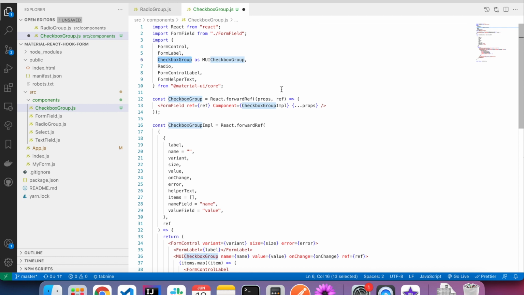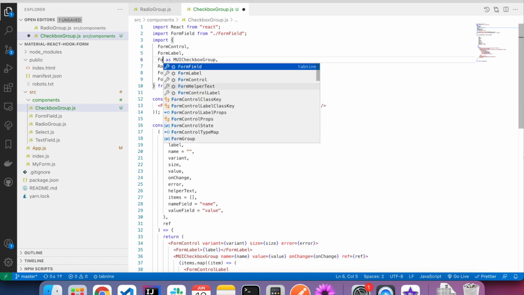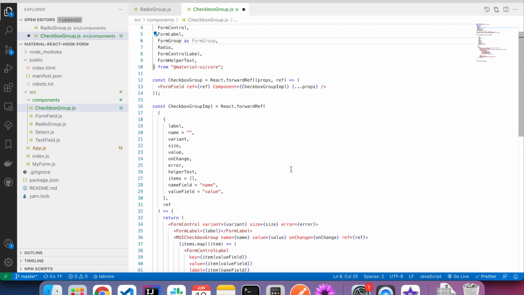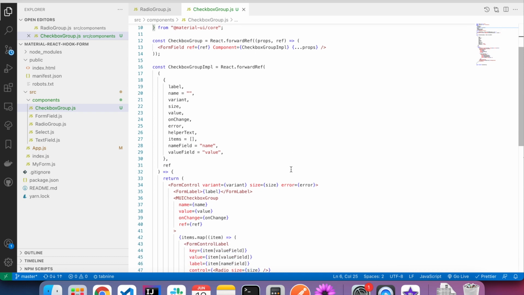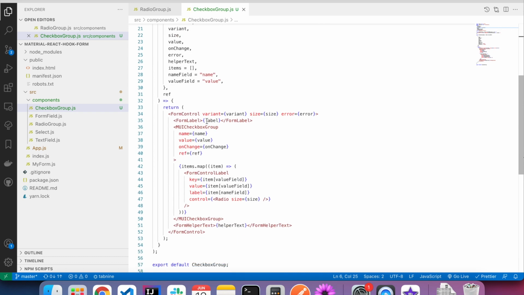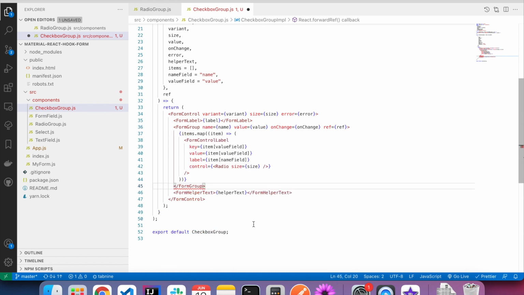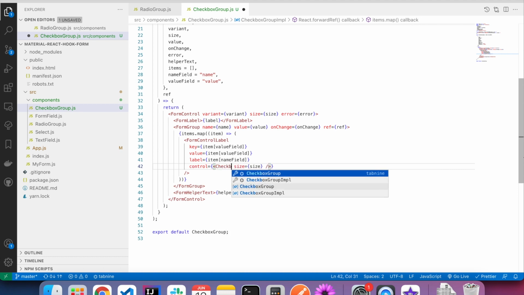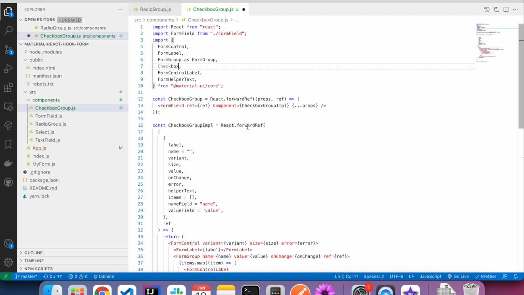Here I don't have checkbox group, so I have form group and use form group. So I'm going to change this to form group. Here it will become checkbox. And checkbox.